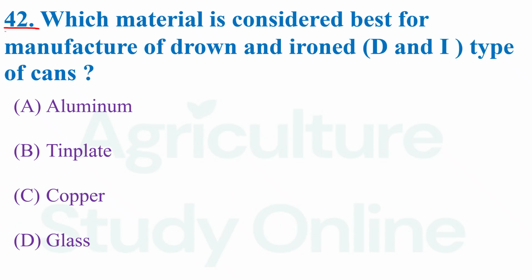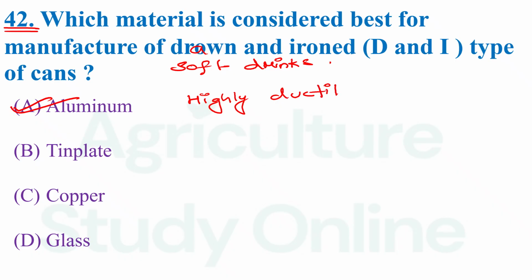Question number 42. Which material is considered best for the manufacture of the drawn and ironed D&I type of cans? So it is aluminium. So basically these are used for soft drinks. Now aluminium, it is highly ductile, means it can be easily drawn, it can be easily ironed with thin walls. It is lightweight, corrosion resistant,